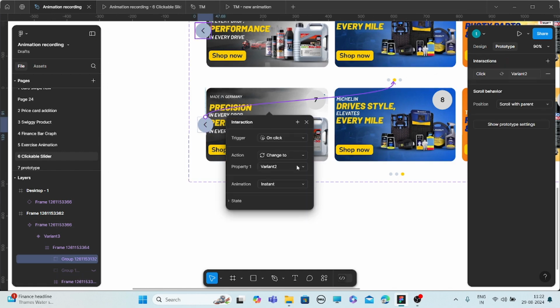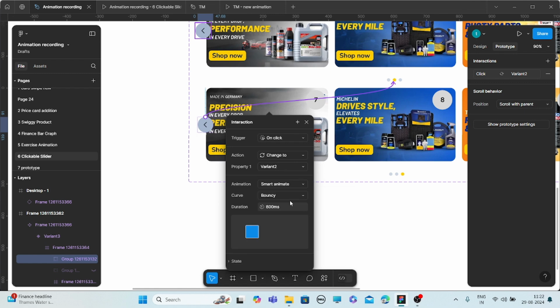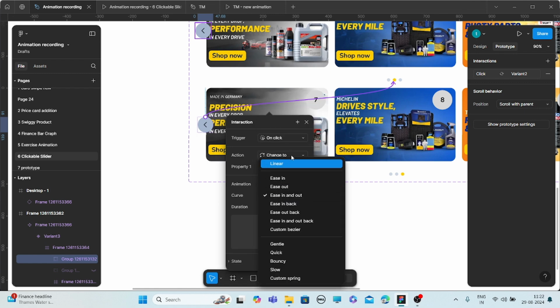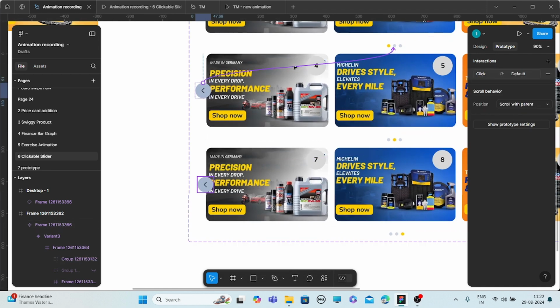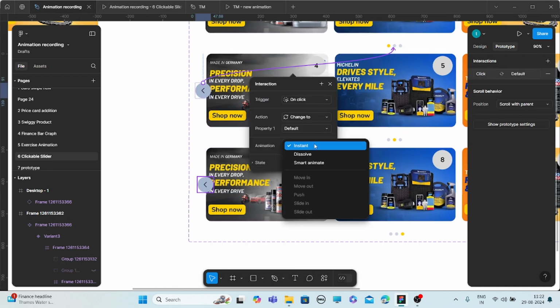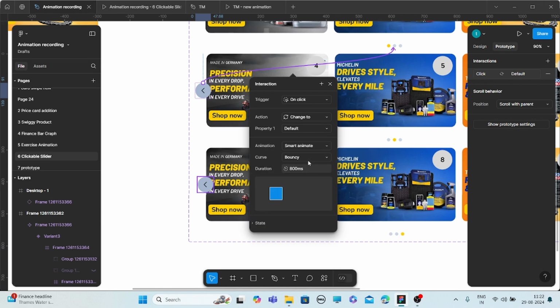Here also we are going to do the same things. Here also select the smart animate.